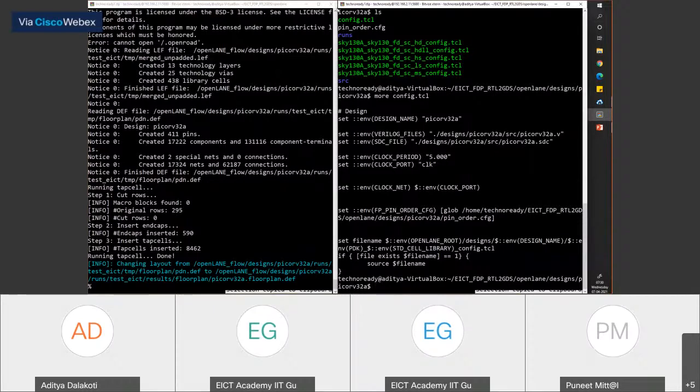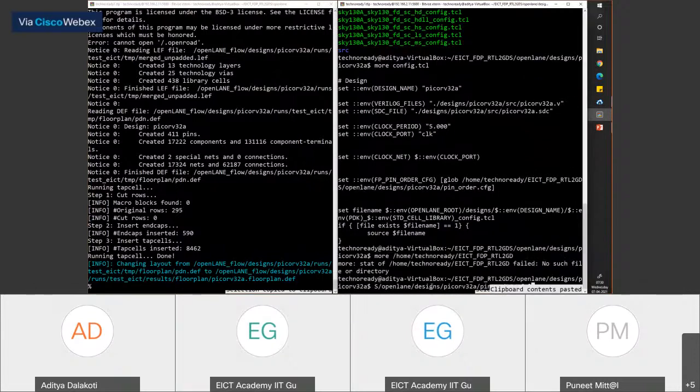So again, that's a usual error. The only reason you get an error is you do not specify the path correctly. The easiest way is to select this whole thing and do an ls on that path.